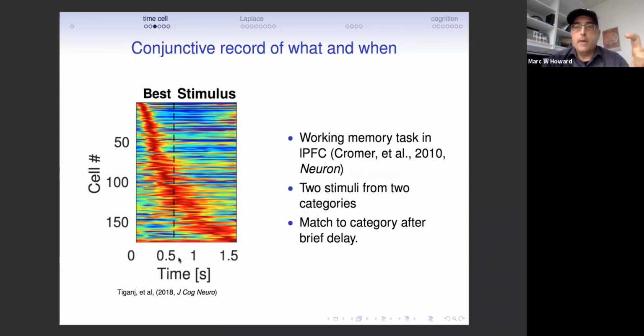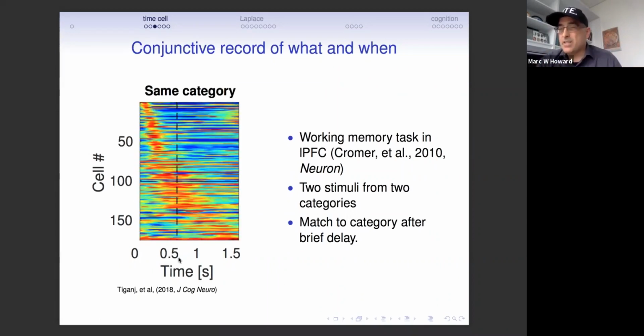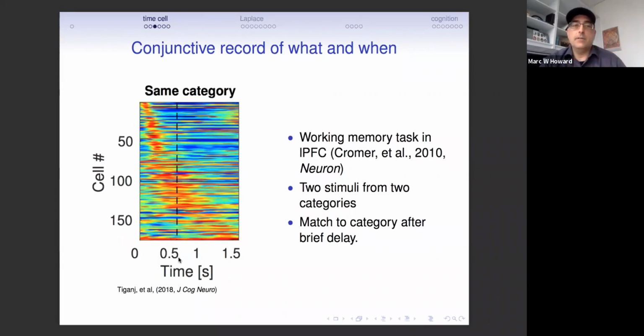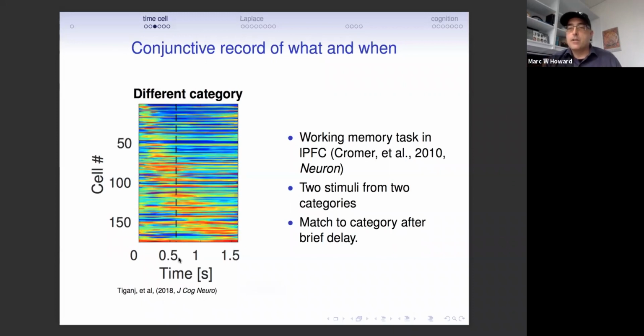But moreover, the activity depends not only on when the stimulus happened, but also on its identity. In order to evaluate this, we took each neuron and sorted it on the basis of its best stimulus. So let's say the best stimulus is a dog. Then we compared the firing for the same cells, with the same sort, to the other stimulus from the same category. So if dogs are the best, then this is cats, also from the same type of domain. We see a similar temporal curvature. However, the same cells fire much, much less to cars and trucks.